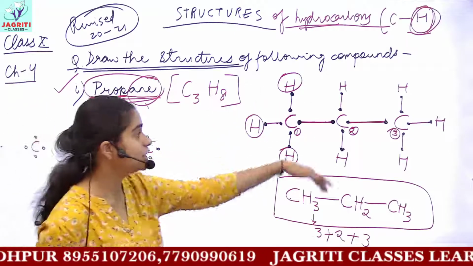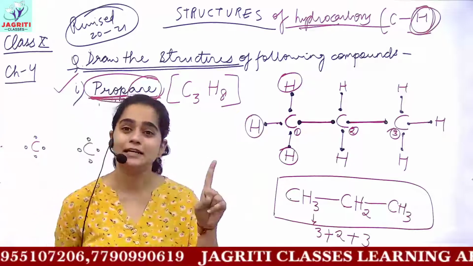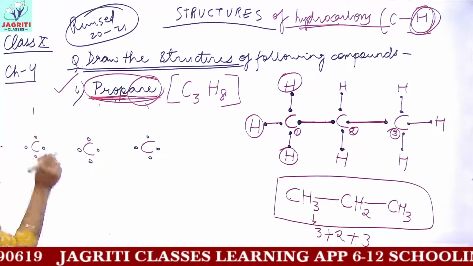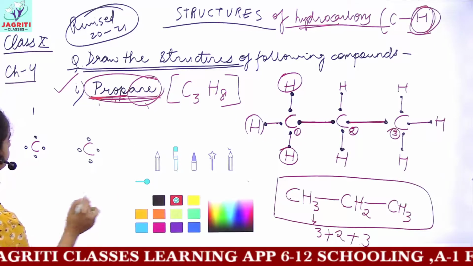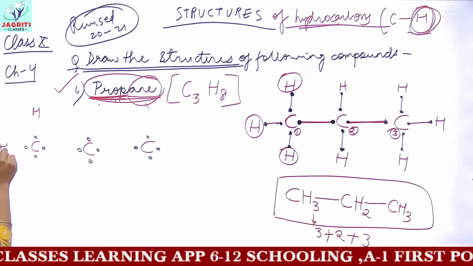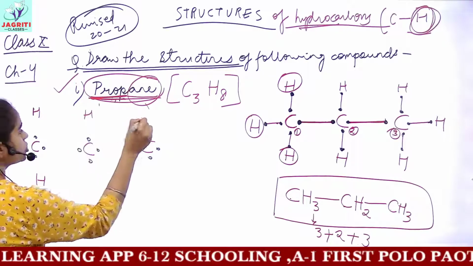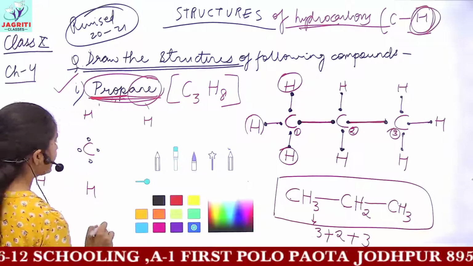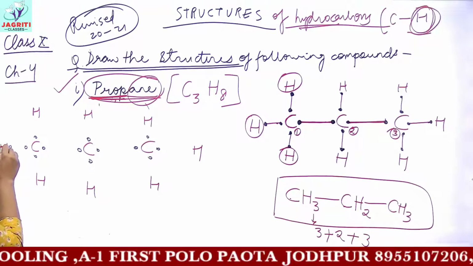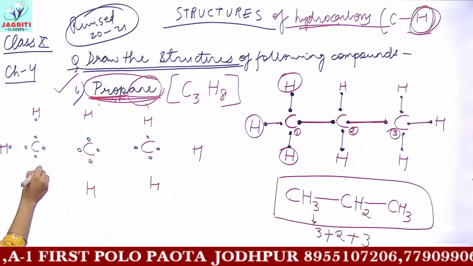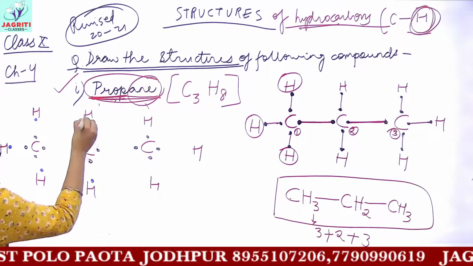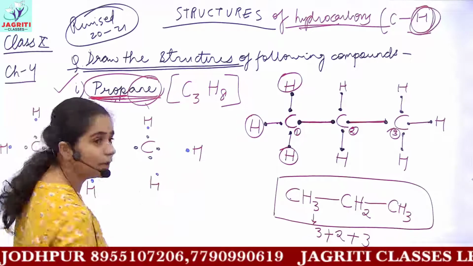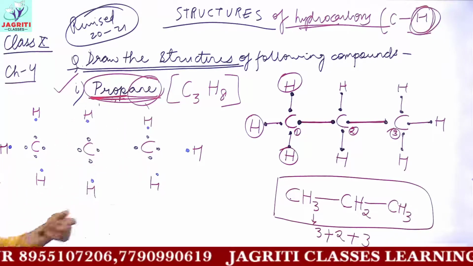Talking about hydrogens, each hydrogen has atomic number 1, that is, it contains 1 valence electron. So I am drawing the hydrogens here. We have hydrogens beside carbon in our structure, and all these hydrogens will contain 1 valence electron. The electron of hydrogen I am representing by the blue dot. This is the 1 valence electron of hydrogen. You all know the atomic number of hydrogen is 1, and the valence electron is also 1, because that single electron is treated as the valence electron.